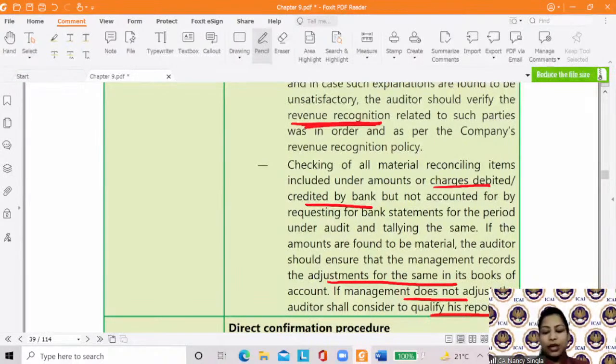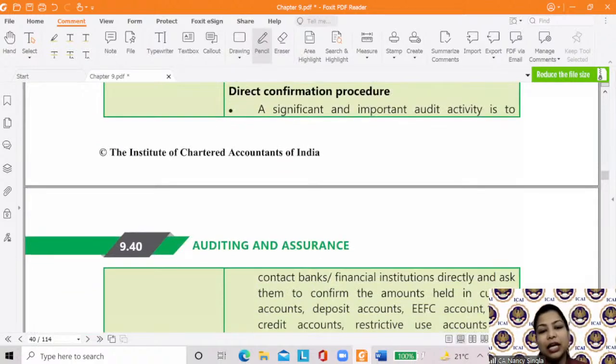Make your answer, draft your answer very easily, ठीक है। Now with respect to direct confirmation procedure, you all must have been masters with respect to direct confirmation procedures, है ना, why, because we have done this in chapter number 3, उसमें तो डिटेल में किया ही है ऐसे 505 में, then we did it with respect to borrowings, है ना, we did it with respect to banks, बैंक से अगर कोई लोन वगैरह लिया या ट्रेड रिसीवेबल से, and now we are again doing it with respect to your bank balances, ठीक है।